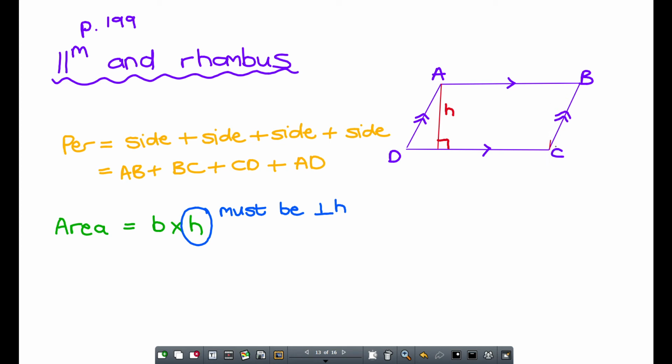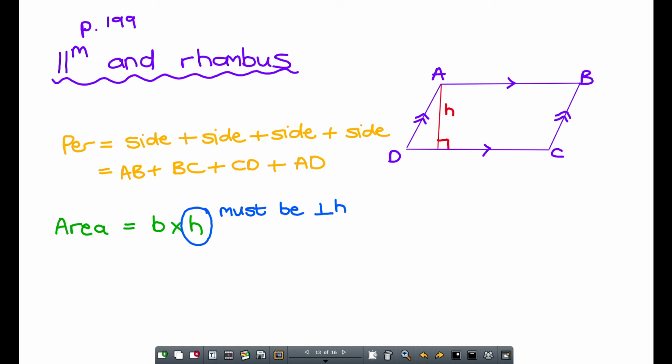If I have it from here to there, then that would also be, and obviously I've got to show there a 90 degrees angle. They could also, and you'll see that in the textbook as well, they could also give you the height over here. So as long as they indicate somewhere that there's a 90 degrees angle, then that will be your perpendicular